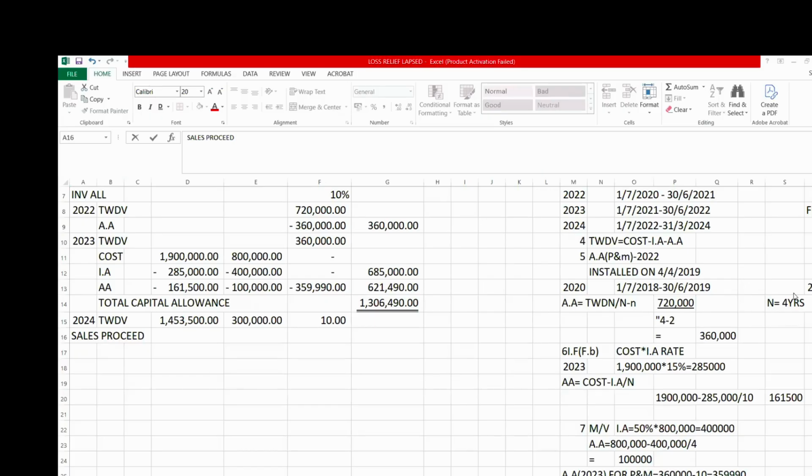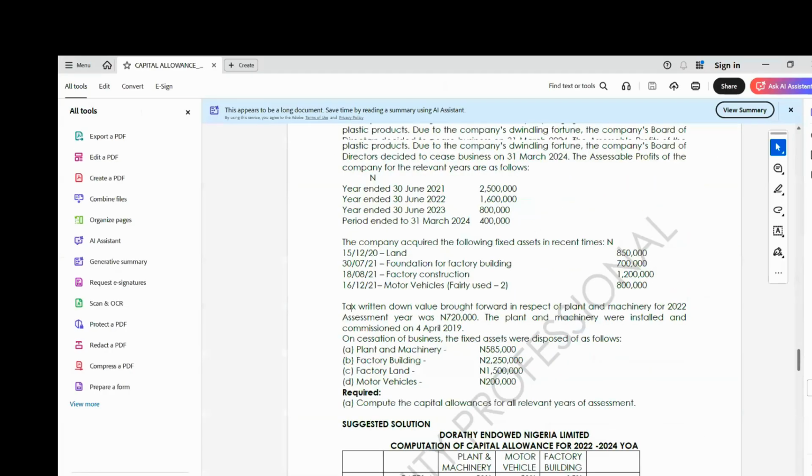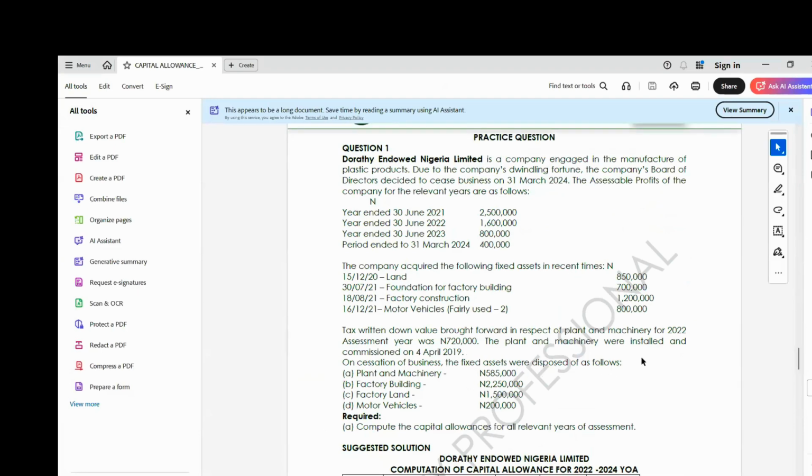So let me go back to the question. From the question, I have what? Sales proceeds. So on cessation of business, the fixed assets were disposed of as follows: plant and machinery 585, factory building 2250, factory land 15, motor vehicle. So these sales proceeds now,